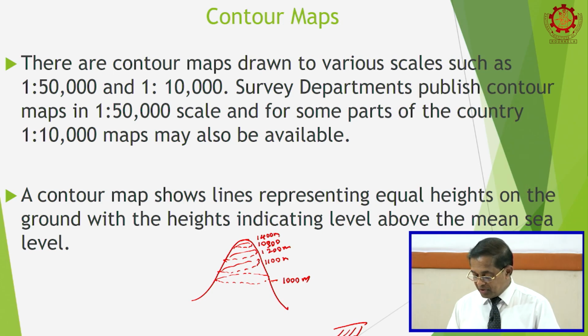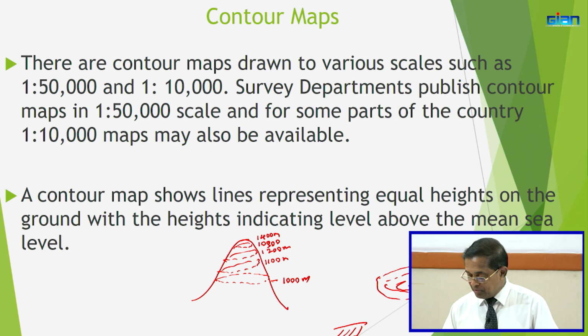So, you can plot the contour map: this is 1000 meters, this is 1100 meters, this is 1200 meters, and the top is 1400. So, this is the contour map